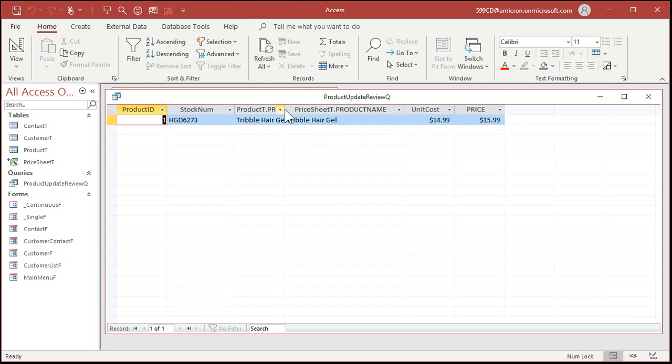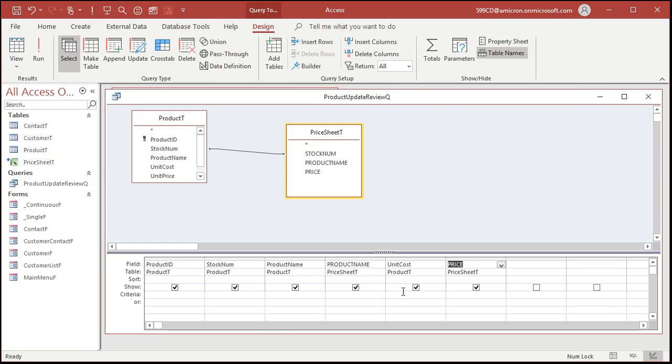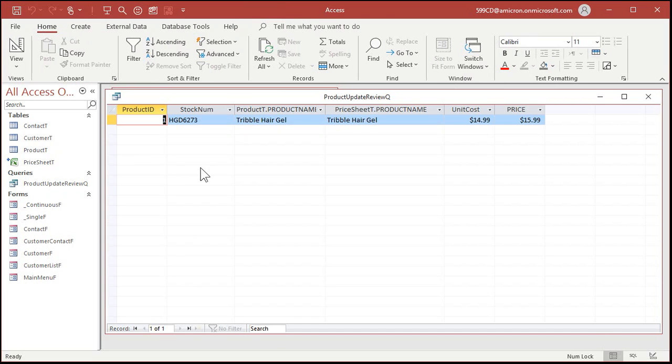And there you go. You'll see all the products that are in your table already, and then any differences in prices. Now, at this point, you're going to see all of the prices for all of the matching products. So we only want to see the ones where they're different. Okay, so down here under unit cost, put not equal to, that's a greater than and a less than symbol together, and then price. All right, that means this has got to be different from that. Otherwise, you don't want to see all of them if there's 5,000 products in here, because then you got to go manually down it in the list and see which ones are different. So this says, just show me the different ones. All right, save it, run it,